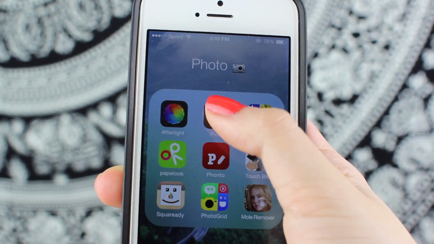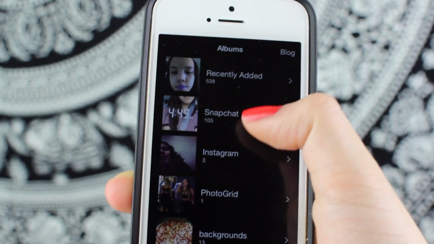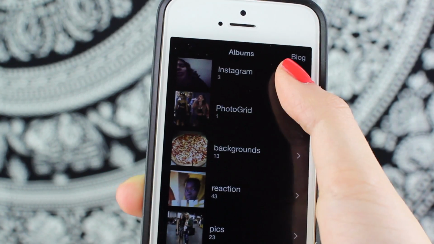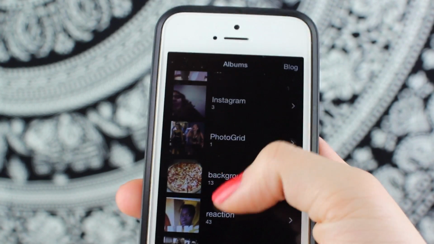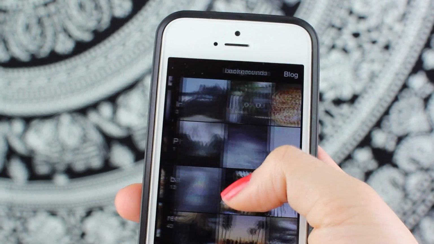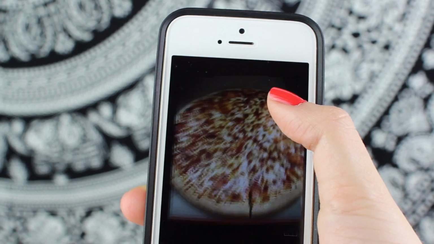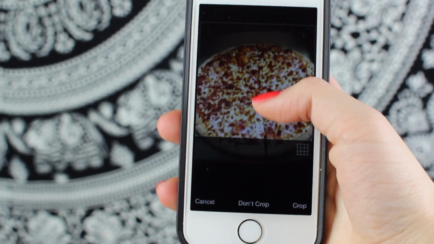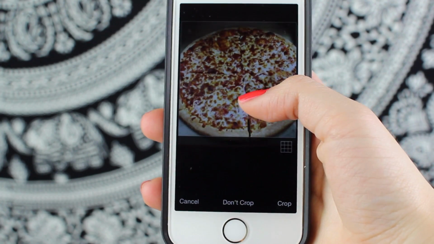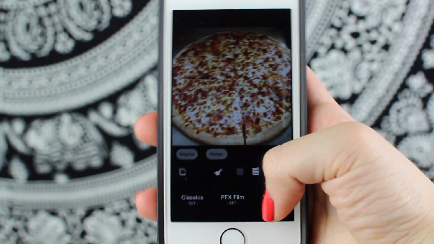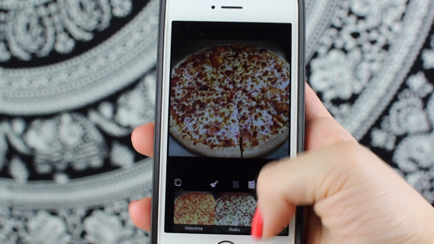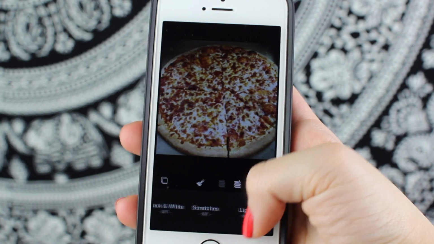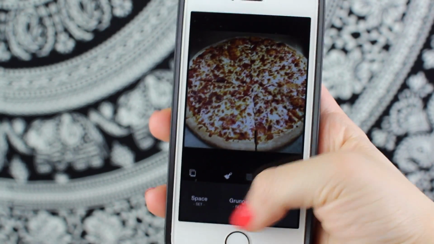And then the next app in here is PicFX, and I actually find myself using this one more. And yeah, as you can see, I have some weird pictures in here, but I will just once again use that same pizza picture from my backgrounds folder. And as you can see, you have the option to crop, which I usually do since my Instagram is like a square theme. And literally what this app is, is a bunch of filters. All of these are just folders for filters, and you can sort of explore all these.